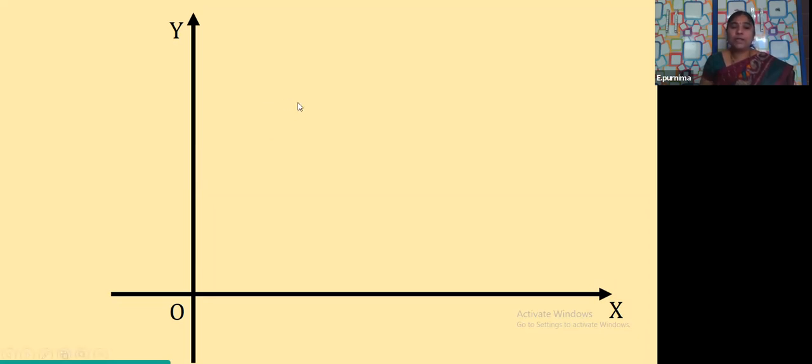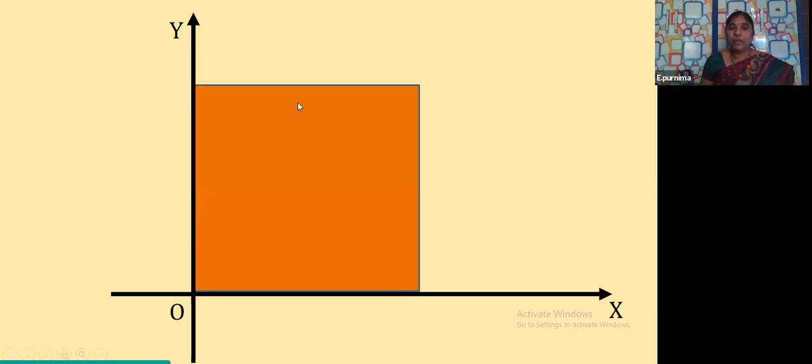Now let us see what we have here. By seeing the picture, what can you understand? It is a square. Yes or not? A square means all four sides must be the same. Now, what are the points I am taking here? On the x-axis it is a comma 0, and on the y-axis it is 0 comma a. Because it is the origin here, what is the distance here? It is nothing but a units. And what is the distance here? It is nothing but a units.